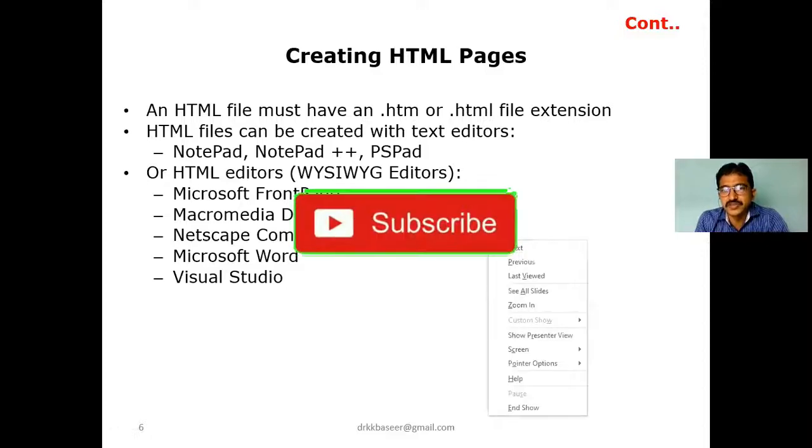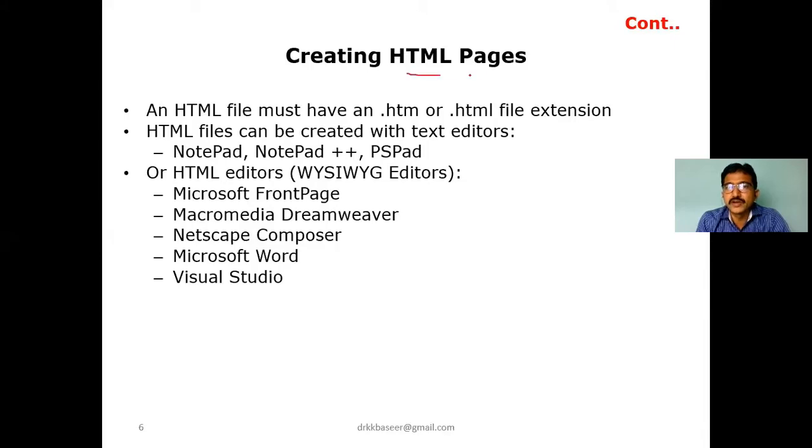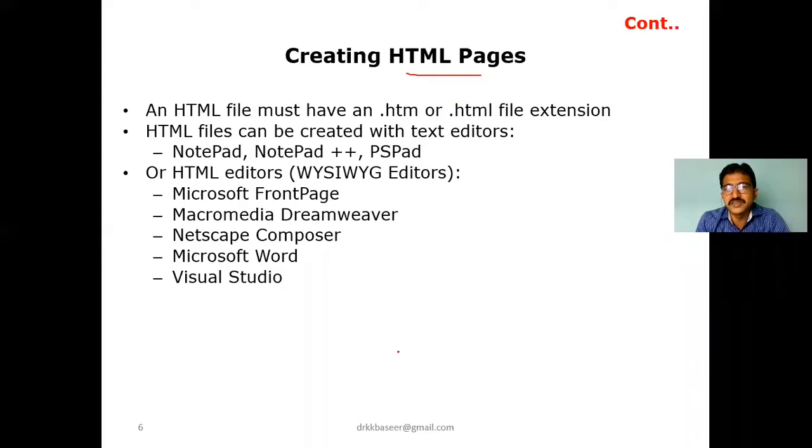In your mind, there is a question: how to create a C program, how to create a Java program. We require a notepad. You just type the program and save the program as .java. If you are developing a C program, .c. Now for HTML, the file extension format is .htm as well as .html. Both will be considered.